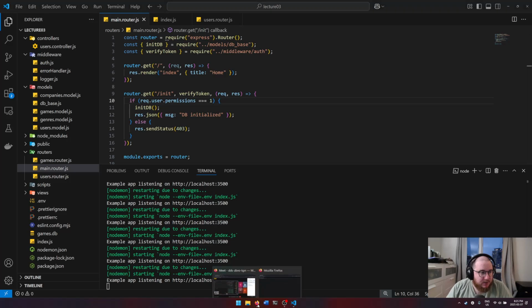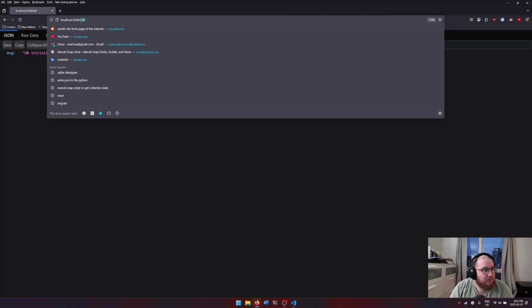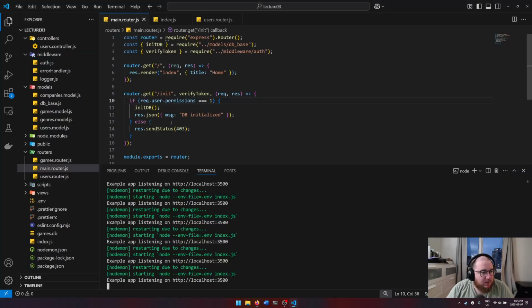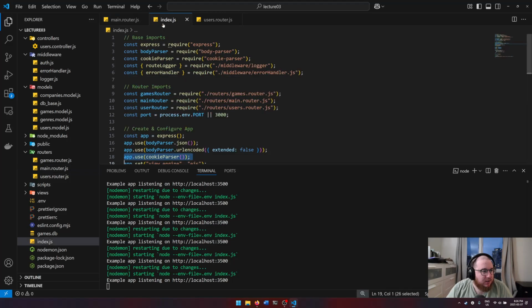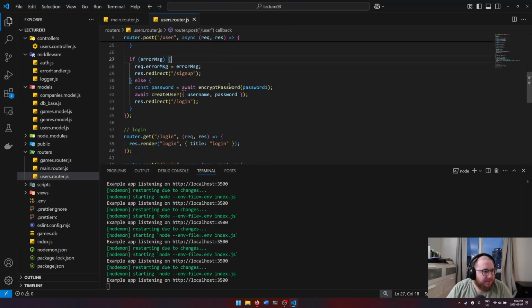Let's actually demonstrate this to make sure that this works. So we're going to go back. Instead of an init, which we can't do anymore, the one problem is that right now we're using the authorization to initialize the database, which is going to be an issue. So I'm going to do something silly. Actually, no, not silly. We're going to say that the profile page requires authorization. We're going to go to the users router,